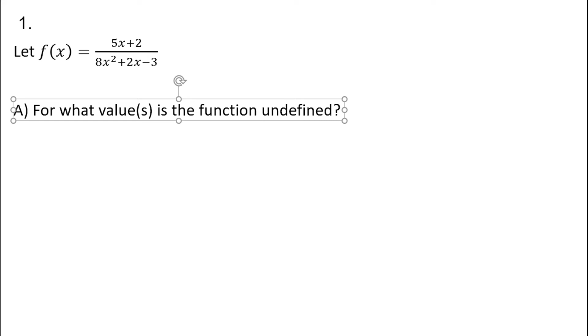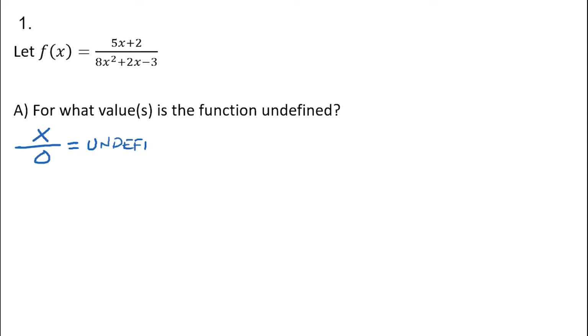So the first thing I want to do is just refresh your memory on the fact that anytime you have something being divided by 0, that's going to give you undefined. Matter of fact, if you just take your calculator and take any number and divide it by 0, it should either say error or UND for undefined. Now we have this rational function here,